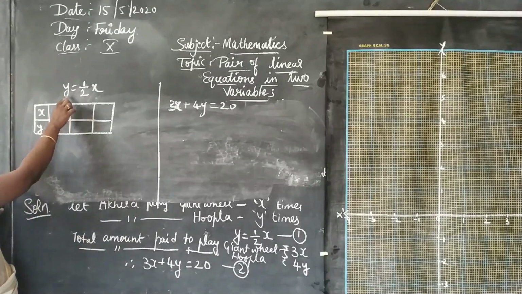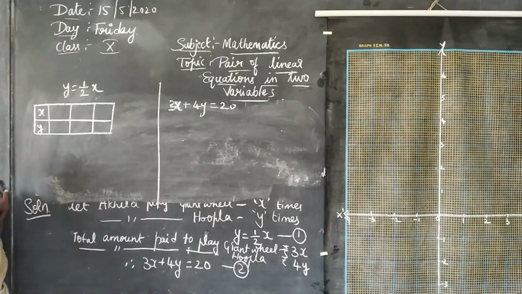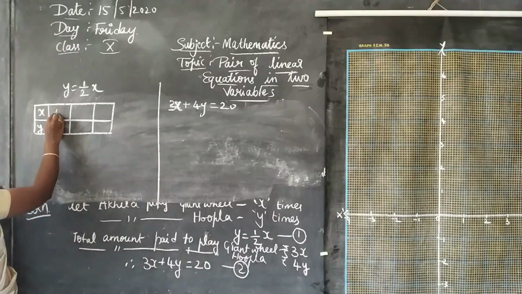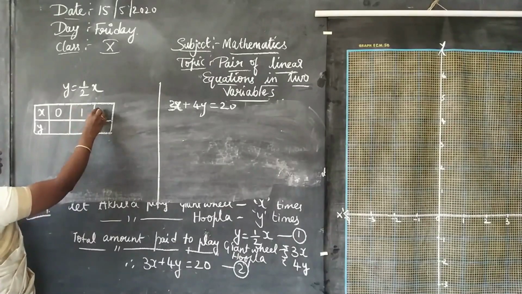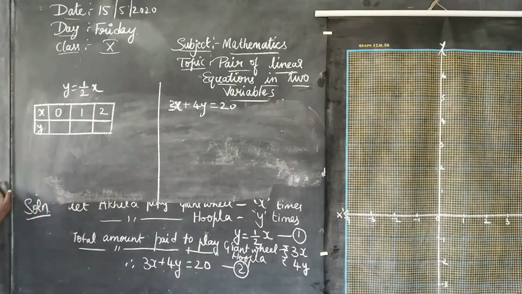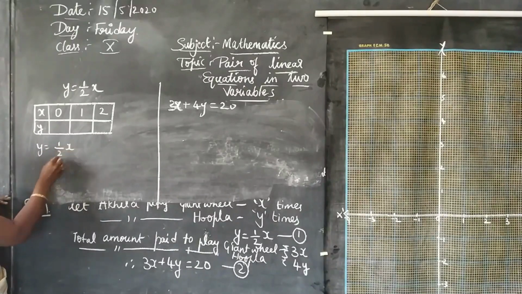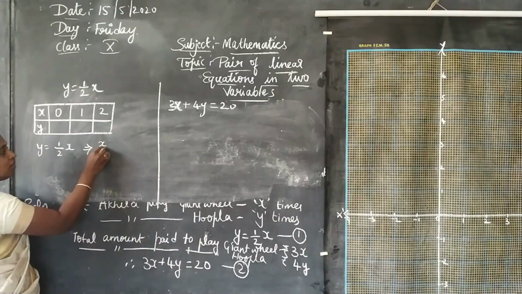In this question, I will solve it for y is equal to half of x. Let me take 2 or 3 values. It's more than enough to plot the graph. Minimum 2 values should be taken. Maximum, as many as you want you can take. I'll take x as 0, 1, 2. Let me substitute. y is equal to 1 by 2x, which is equal to x by 2, correct?